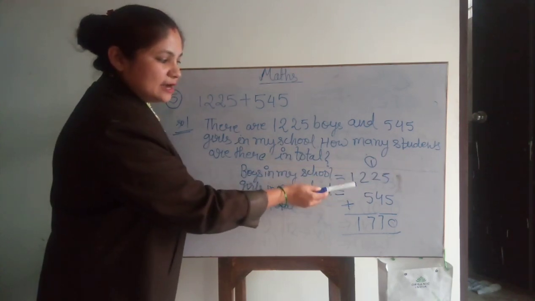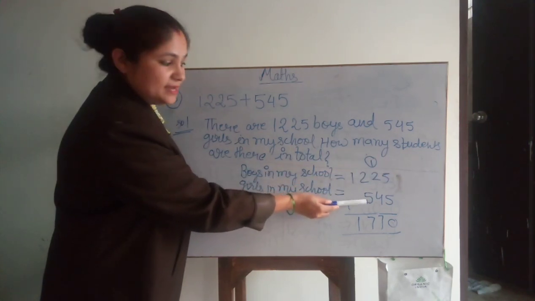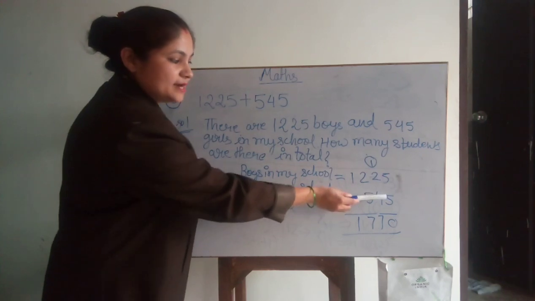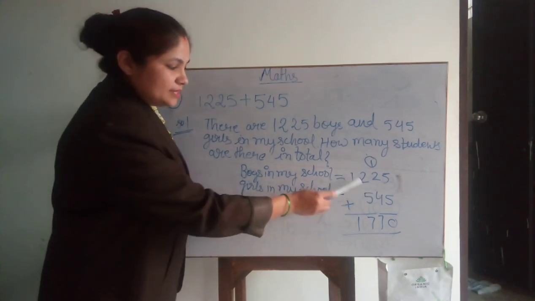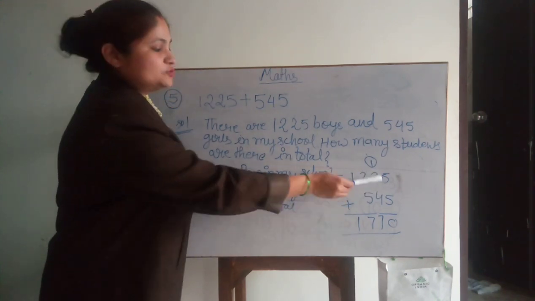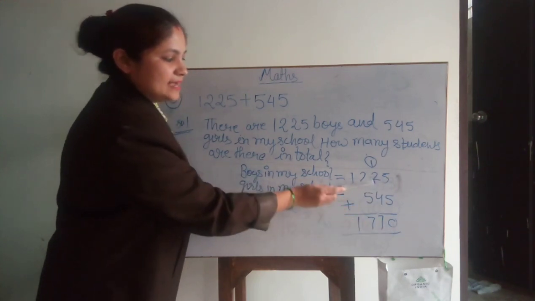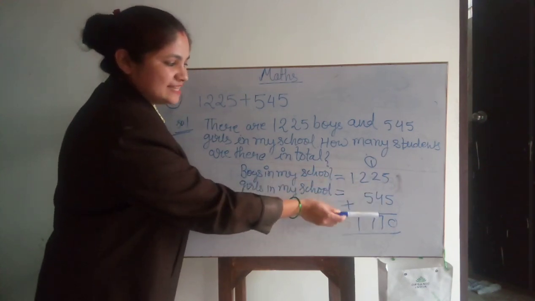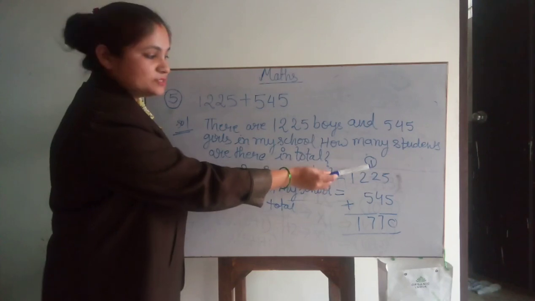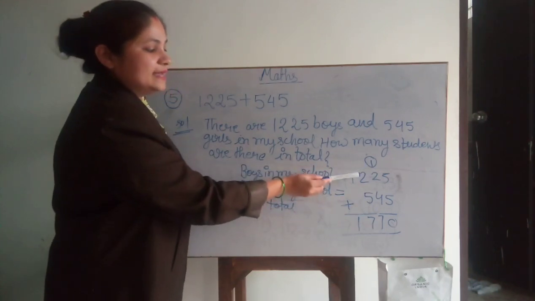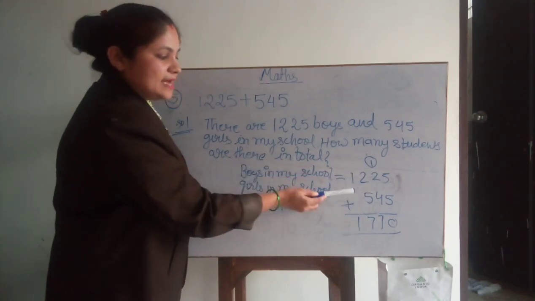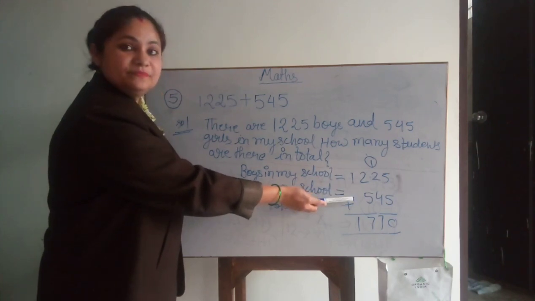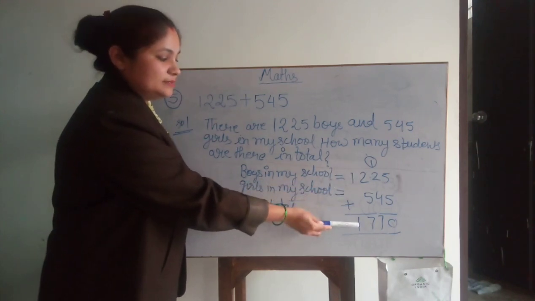Okay, so the 1,000 place will be vacant here. Don't write 5 here and 4 here and 5, it will go wrong. Okay, then we have to do the total. So 5 plus 5, 10, and 2 plus 4, 6, and 1 carry over, so it will be 7, and then 2 plus 5, 7, and nothing is there below 1. It means it is 0, so 1.